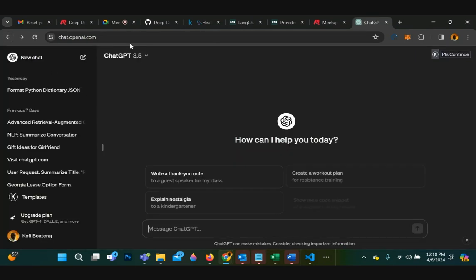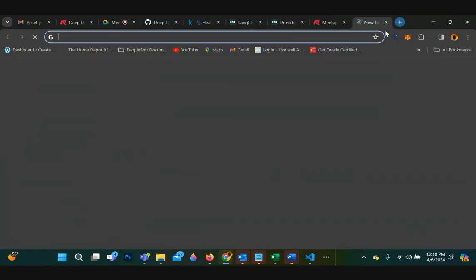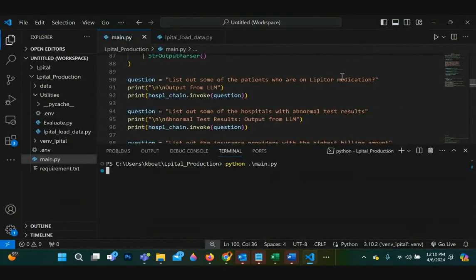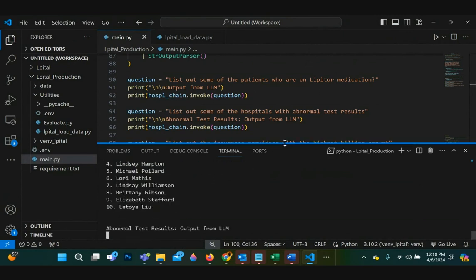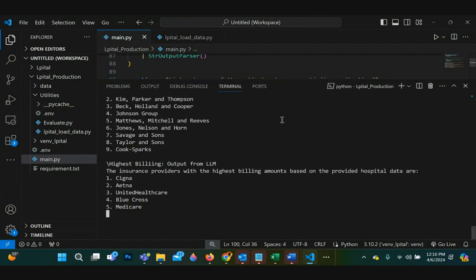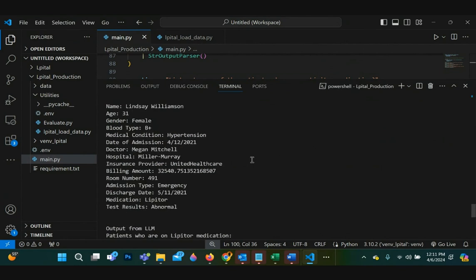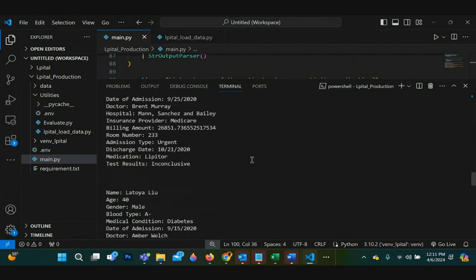The API instead. Should be done by now. No? There you go. All right. So